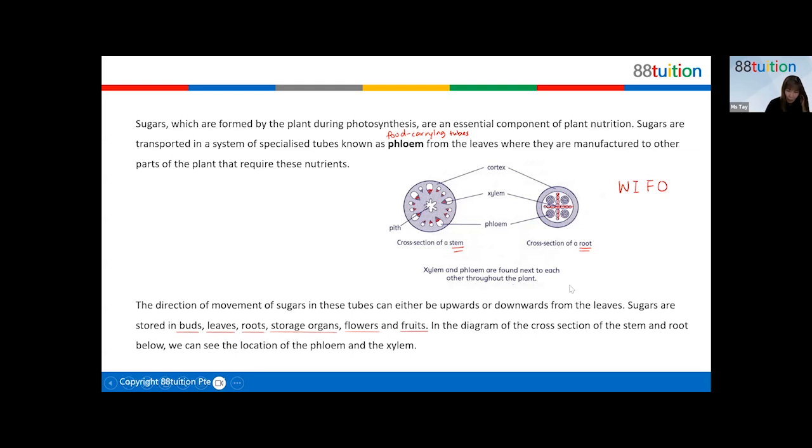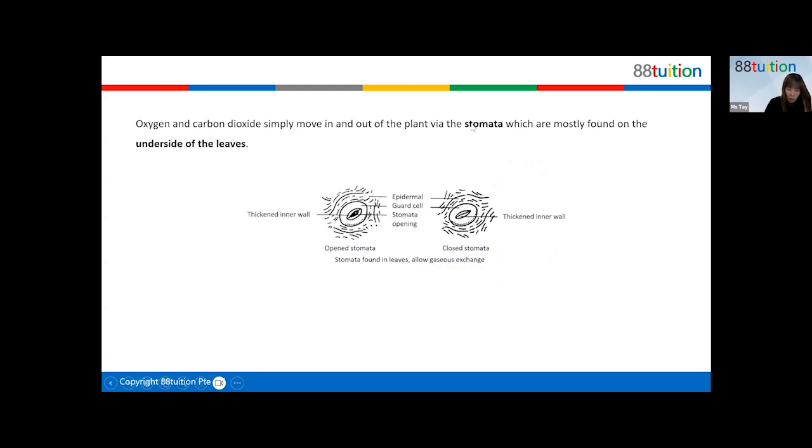Now, let's go on to the next one. All right, so this is about stomata, mostly found on the underside of the leaves. Take note, stomata open and close accordingly, right? So when they open, this is where the gaseous exchange can take place. But when the stomata are open, it also means water vapor can be lost. Once it's open, you can't say that we only take in oxygen, give out carbon dioxide, and don't allow water vapor to go out. Cannot. No such thing. It won't filter out. So water will just escape through this opening as well when we want